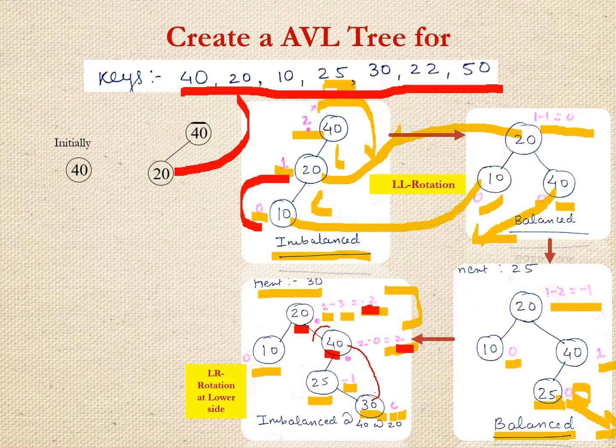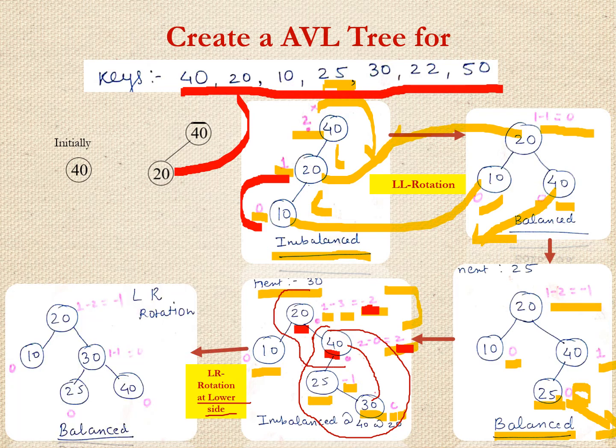And this LR rotation we are doing at the bottom first, at the lower side first, because when this is resolved, in some cases the upper side will automatically get balanced. So every time we do the operation, even if two or three places are imbalanced, you have to solve it from the lower side only. So we are solving that imbalance here first, and then we'll be solving here. Okay, so now going ahead with that, we'll be getting the answer, that 40 will be shifted here.